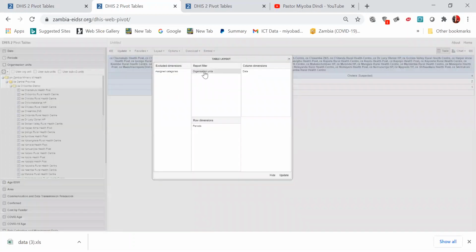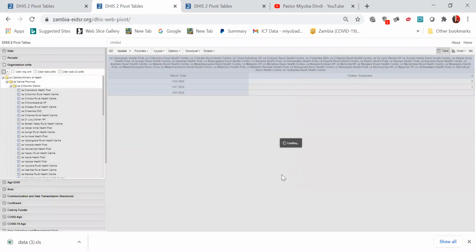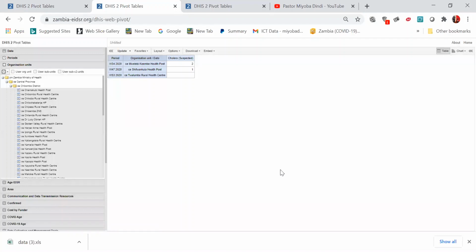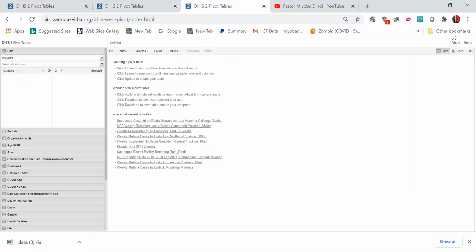Then I have to change the layout, make sure my org unit are in the row dimension. So I have my data there. I have Mwelebi, Kembe Health Post with 2, week 34. Shimfwankula Health Post with 1, week 47. So if I'm DSO, I'm the